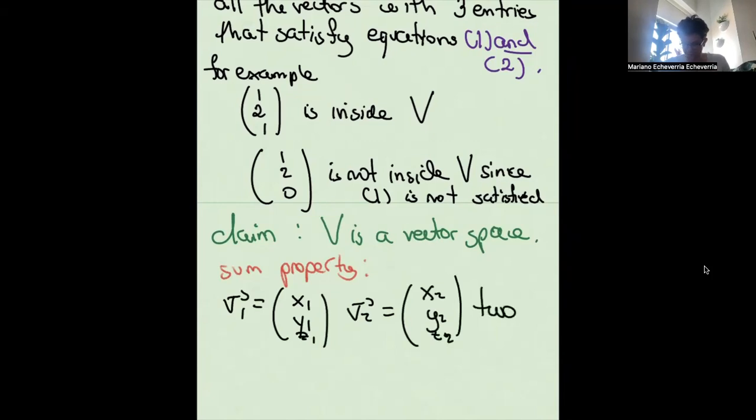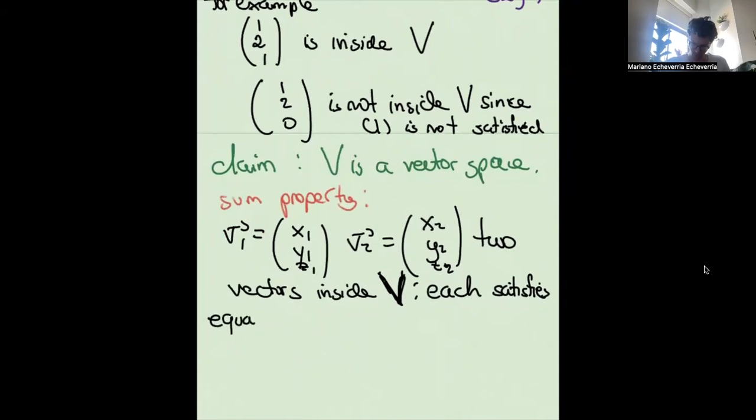So these are two vectors inside V. What does it mean to be inside V? It means that each of them satisfies both 1 and 2, right? So each satisfies equations 1 and 2. And then I need to check that V1 plus V2 continues to satisfy equations 1 and 2. So I want to check